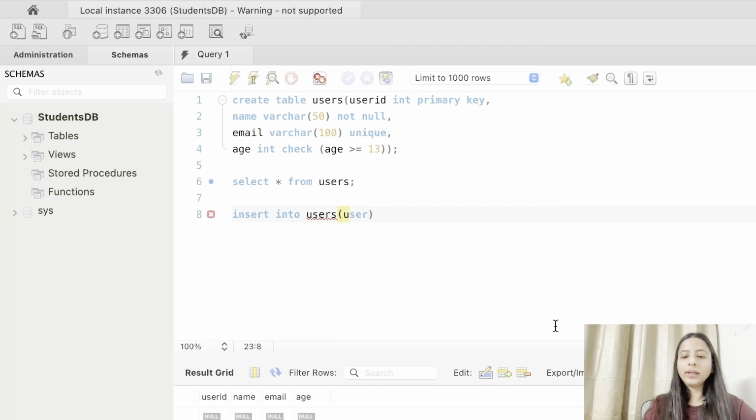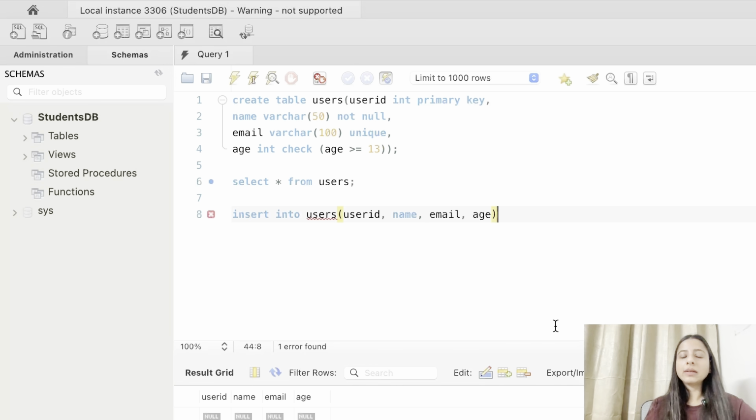So you can simply write user ID, comma name, comma email, comma age. This is an optional thing. If you leave the parentheses blank, then also it is fine.